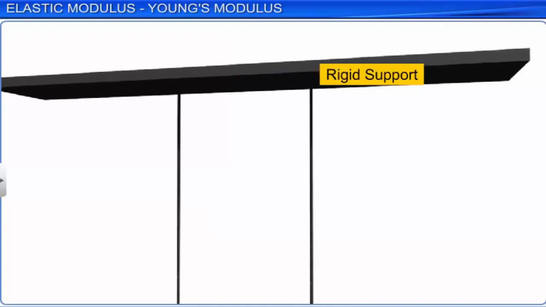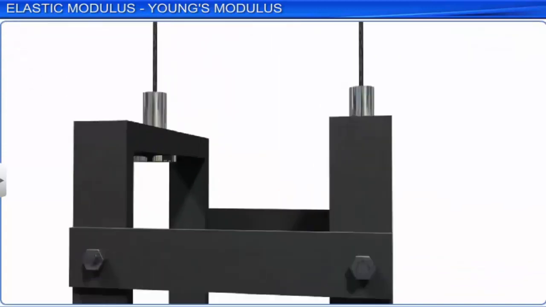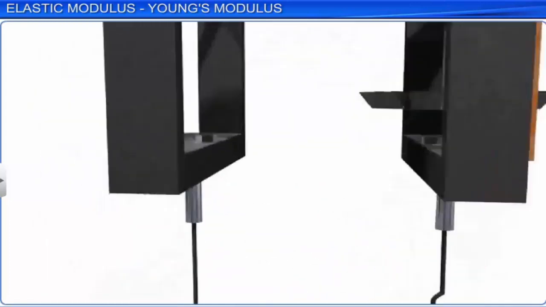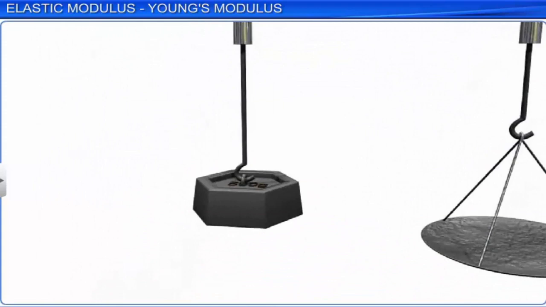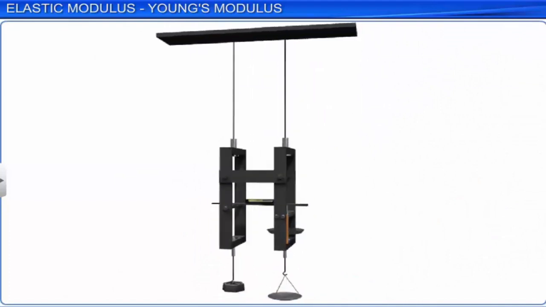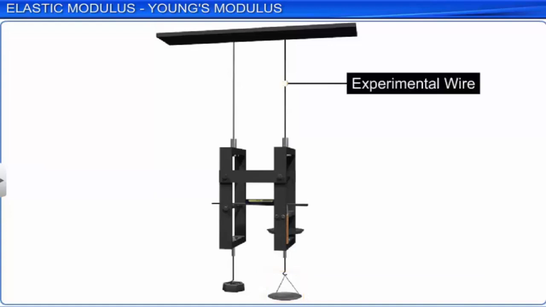From the lower end of the other frame hangs a pan that can be used to apply different loads to the wire. This wire is called the experimental wire. The original length of the experimental wire is measured using a meter rule. The radius of the experimental wire is measured at different places using a screw gauge. The area of cross-section of the wire is calculated as the product of pi and square of the average radius